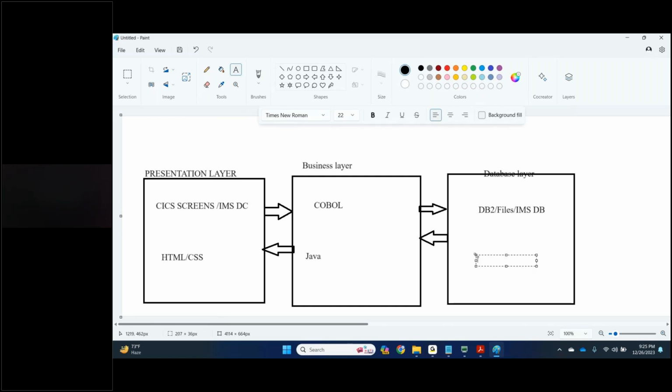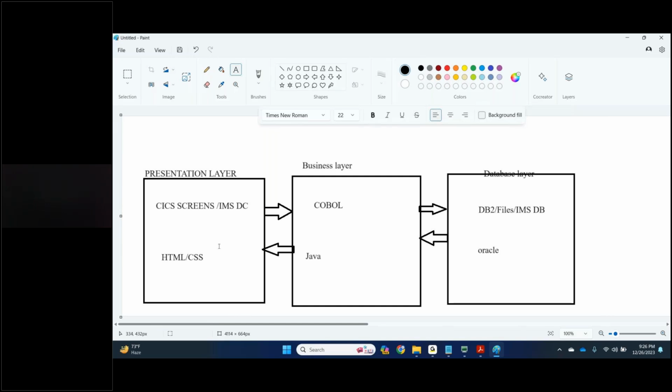The database layer is Oracle, SQL Server, or other databases. These are all the components in Java technology.